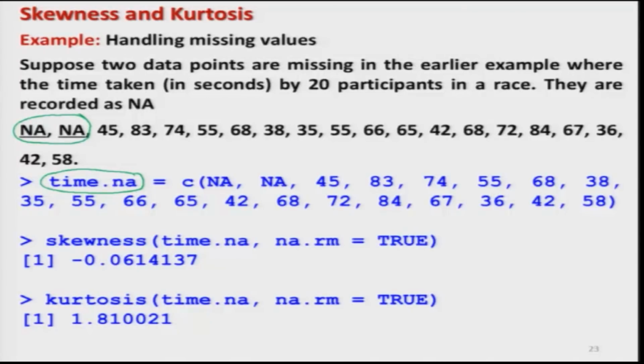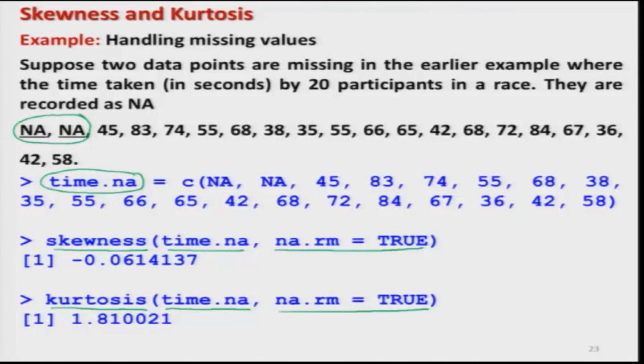And now I will use the command skewness on time.na with the option na.rm equal to TRUE. That means, please remove the NA values and then compute the skewness. And similarly, for the kurtosis, I will use the same command kurtosis on time.na with the option na.rm equal to TRUE, and this will give me the value of coefficient of kurtosis when the